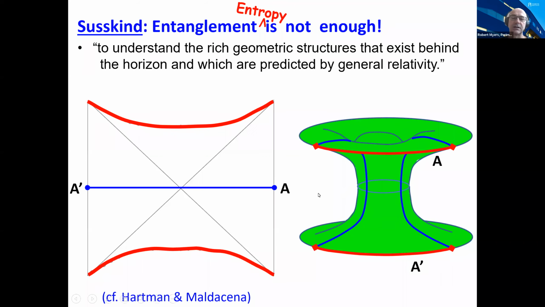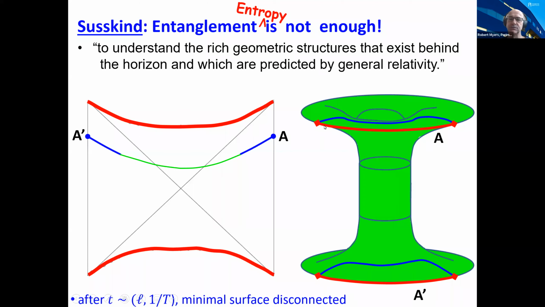However, very quickly they snap back to another set of extremal surfaces, which are kind of drawn in a funny way here, but what those are would be, if I considered A or A prime alone, those would be the Ryu-Takayanagi surfaces. And so it's the pair of those now that form